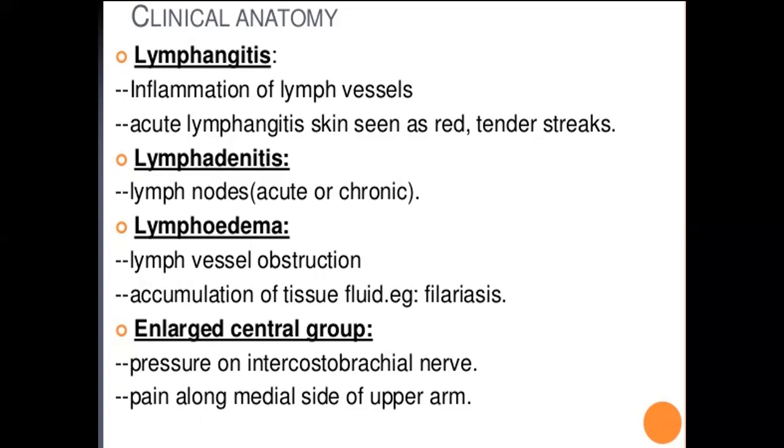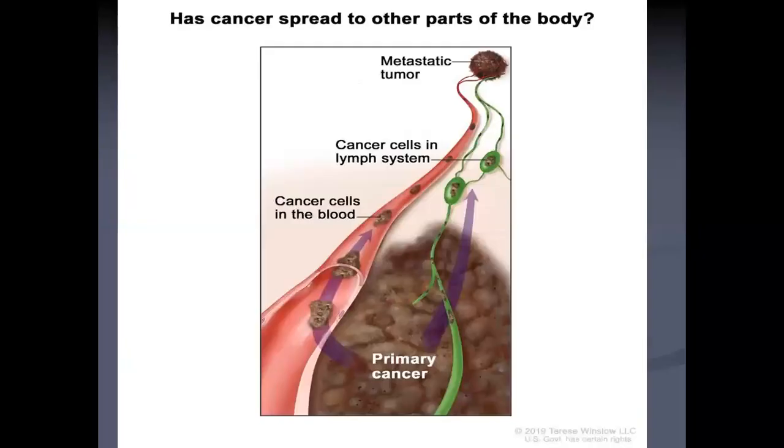Whenever lymph nodes enlarge, you must look at the surrounding organs as well, to see where this is coming from, because the spread of cancer can be primarily through the blood, and it can also be through the lymphatic vessels. So cancer can spread through blood as well as lymph vessels, and through lymph vessels it can involve the other lymph nodes as well. So whenever the lymph nodes are enlarged, you must examine for carcinoma as well.